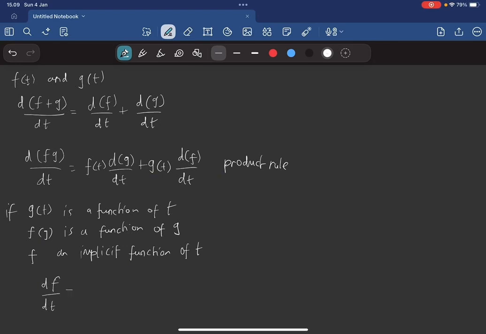This is df/dg times dg/dt. This is called the chain rule. This would obviously be true if the derivatives were really ratios. In that case, the dg's would cancel in the numerator and denominator. In fact, this is one of those cases where the naive answer is correct. The important thing to remember about using the chain rule is that you invent an intermediate function g(t) to simplify f(t), making it f(g).